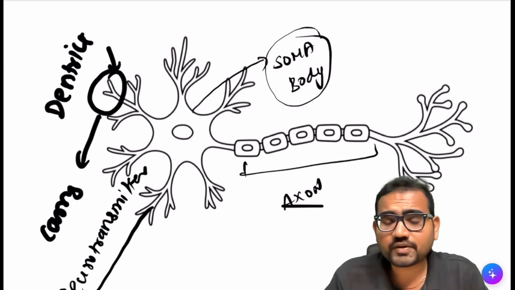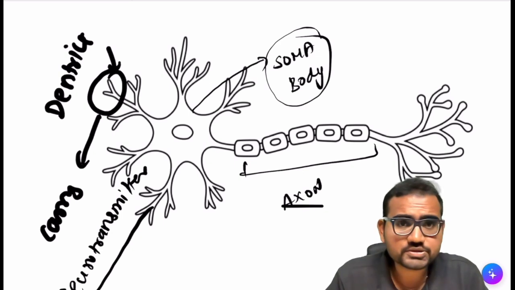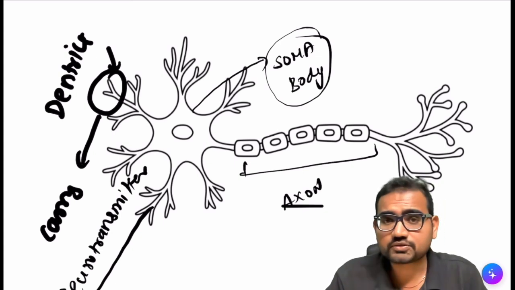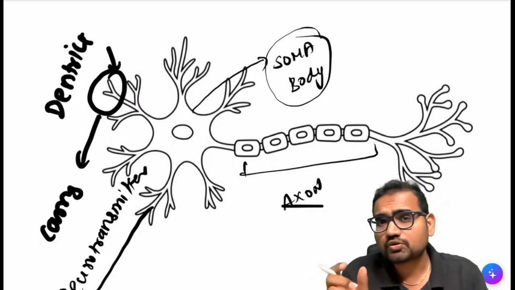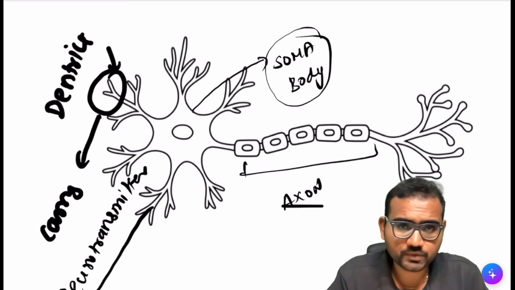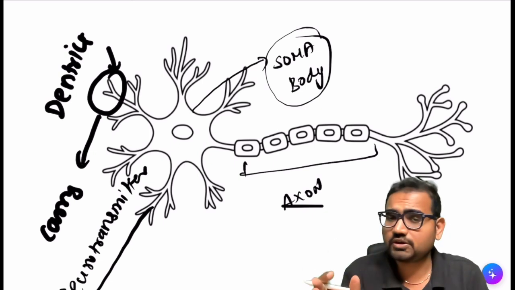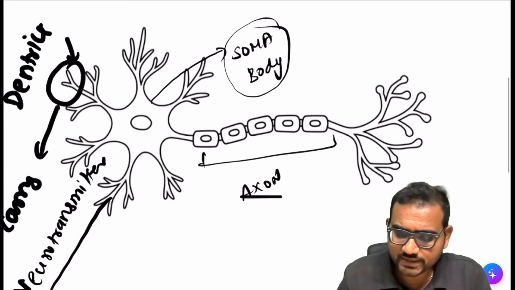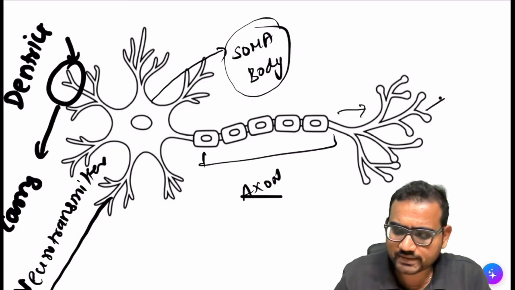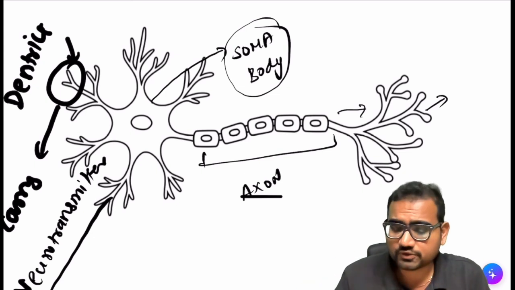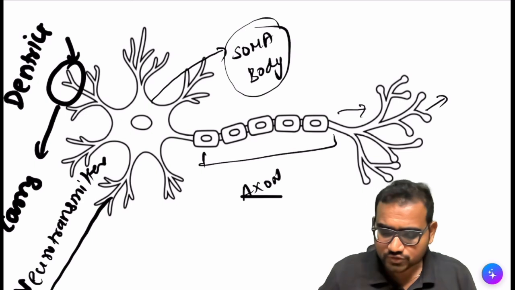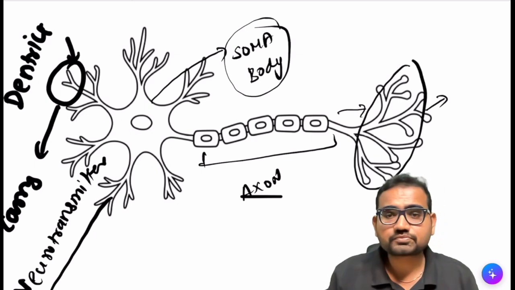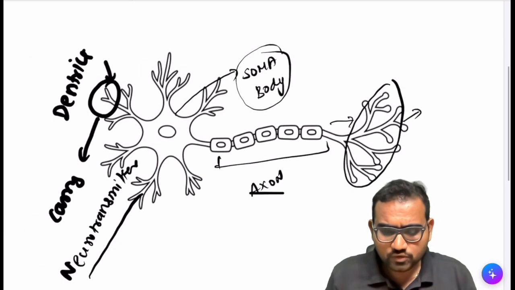If you see myelinated nerve fibers, they have a myelin sheath. As I talked about in the previous videos, the myelin sheath has nodes, that is, the nodes of Ranvier. The action potential of a nerve takes place in the axon. It is carried out, and then the neurotransmitter is transmitted to another neuron. So the cycle goes on until it reaches the CNS. These are all the terminal axons. Now, moving on,